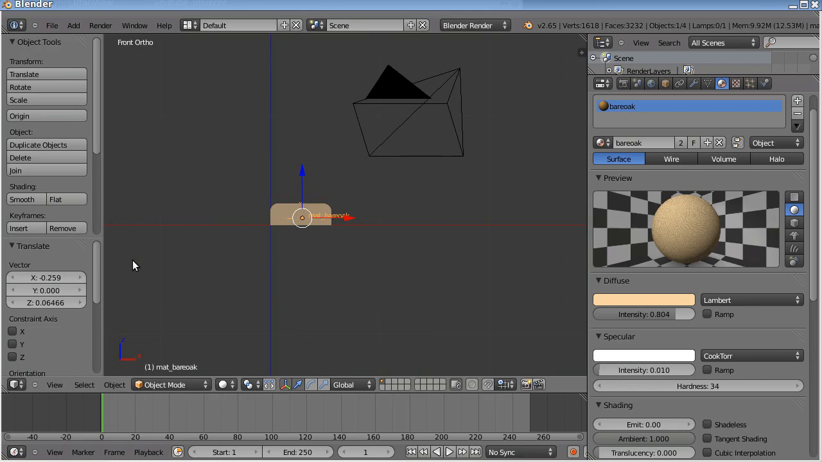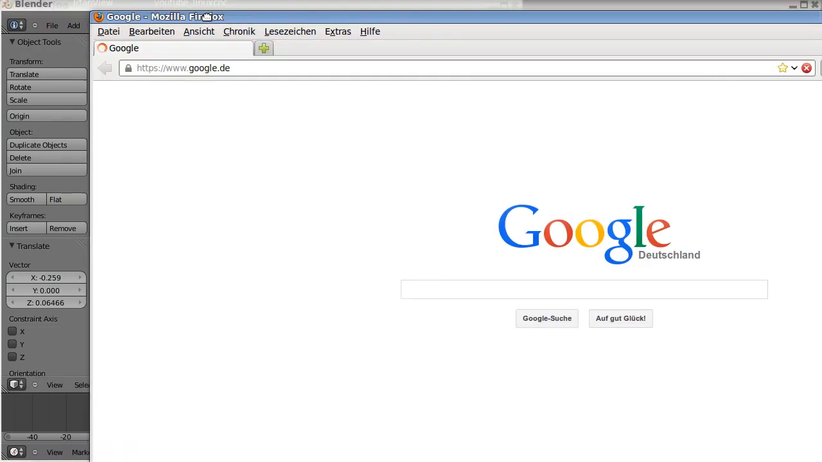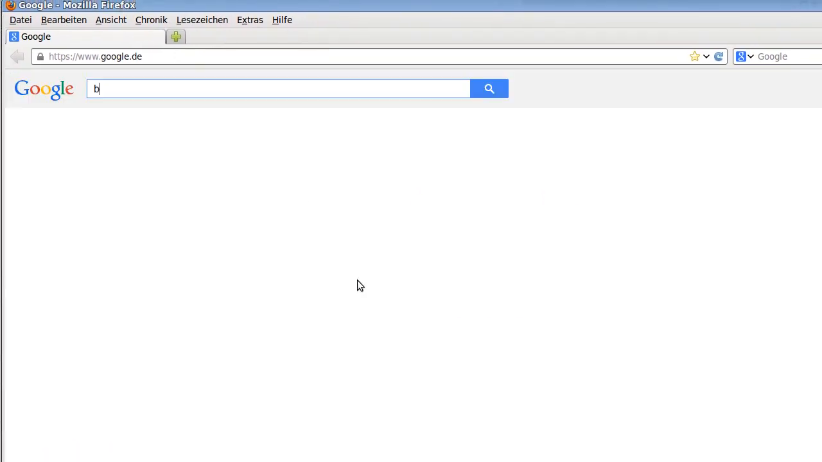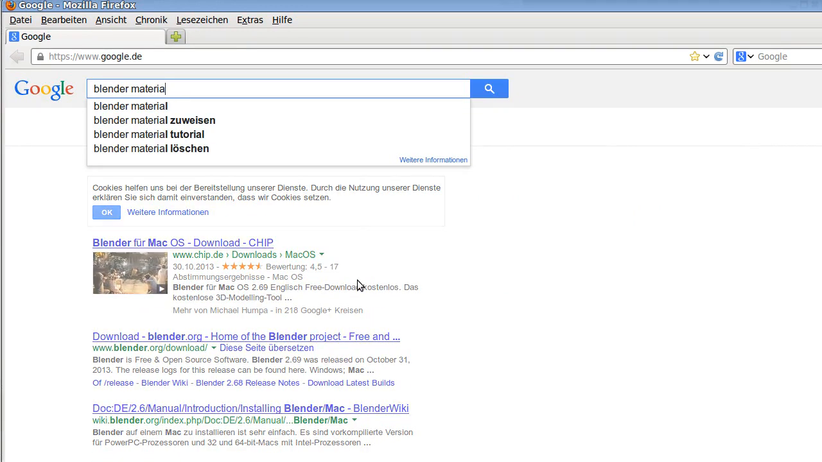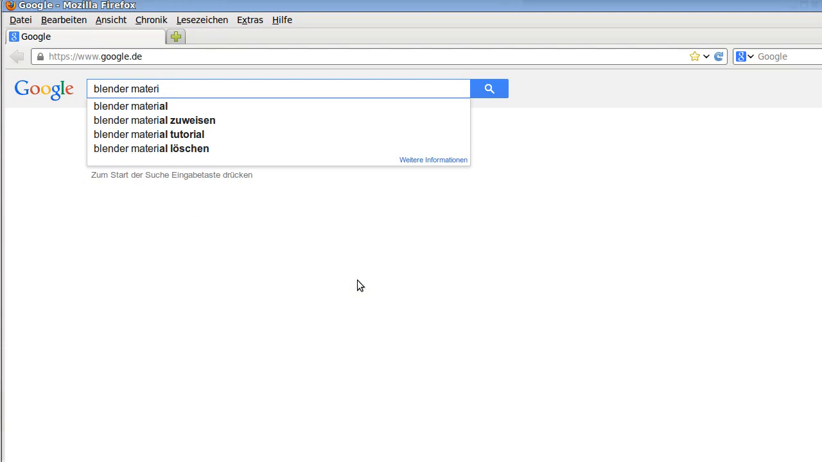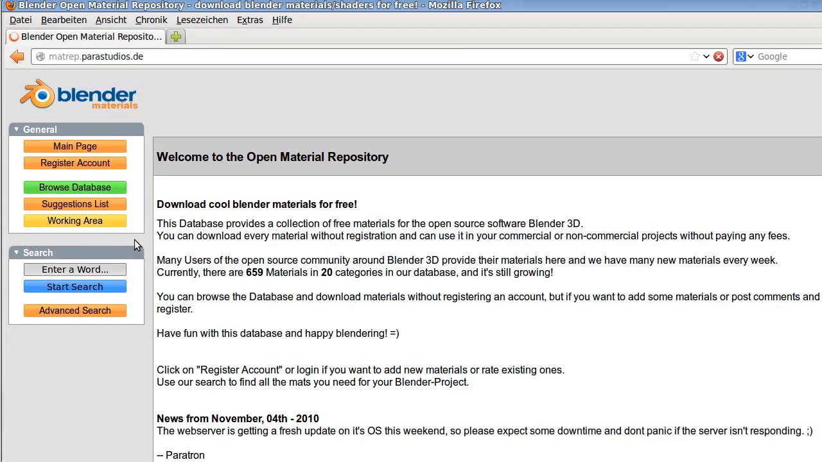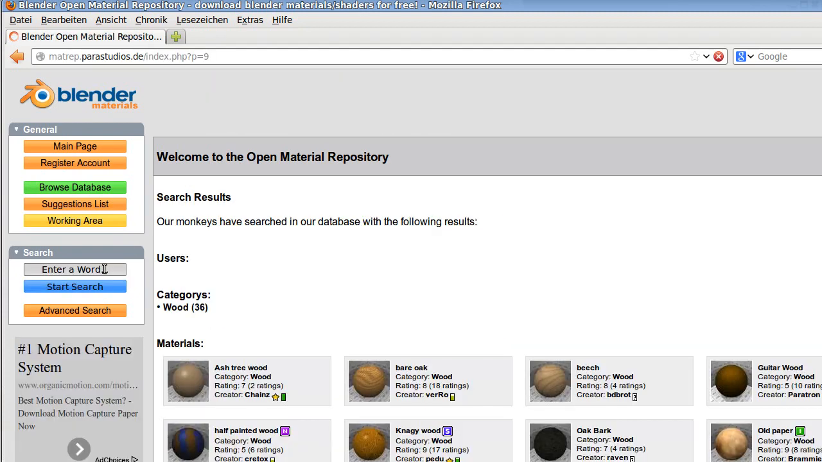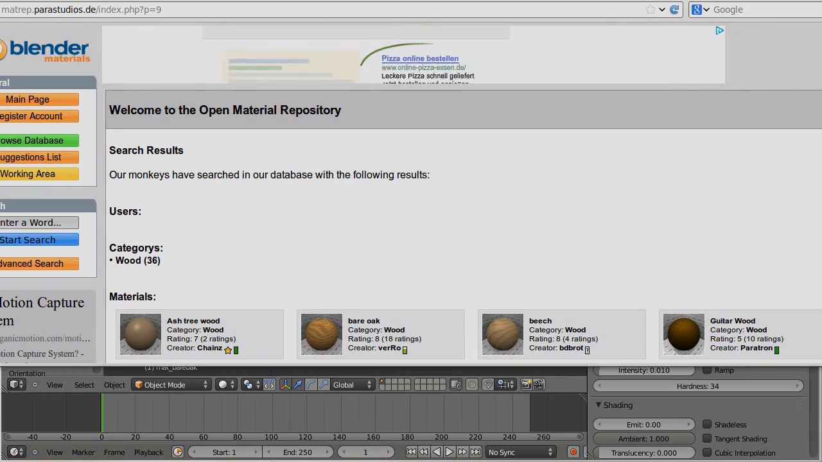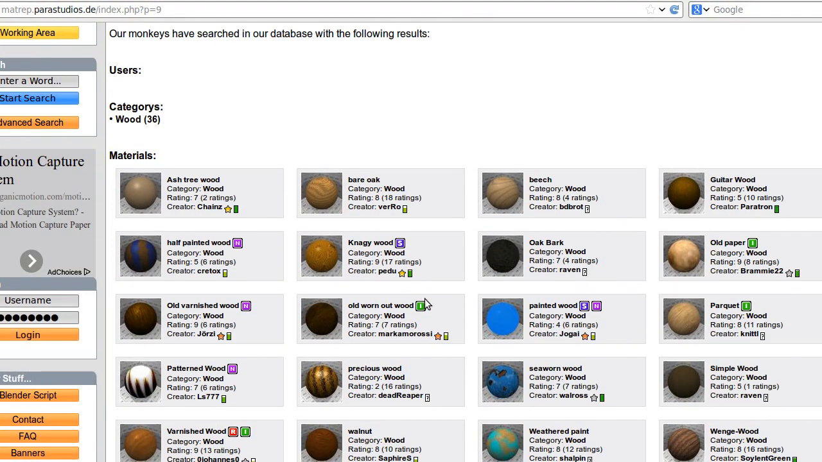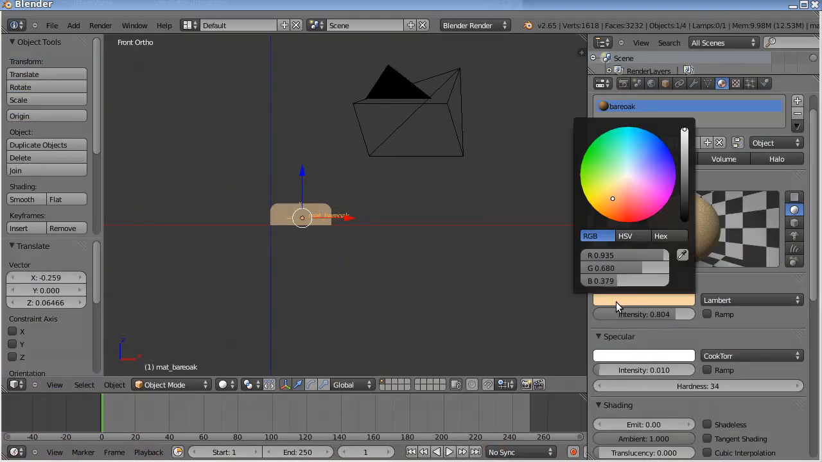Where can you get the material from? Let's open up Firefox and say here Blender material repository, and there you have all the materials. Just enter here wood, and you are in the section where all those woods are. Just see here, lots of woods to use. This is just bare oak I use, and there are lots more. You can get bare oak and also the color. Here is the color you may